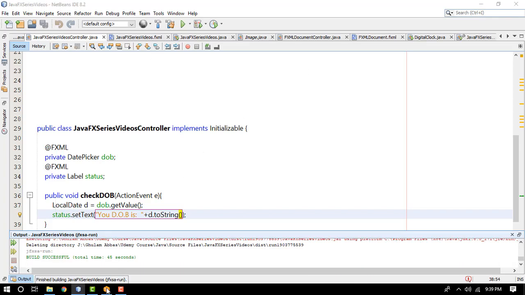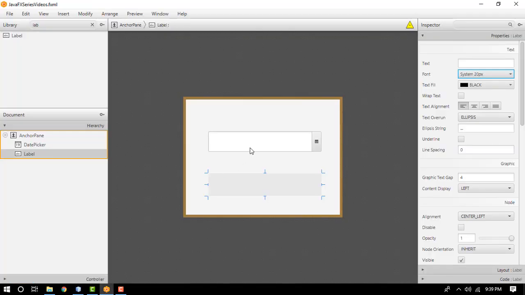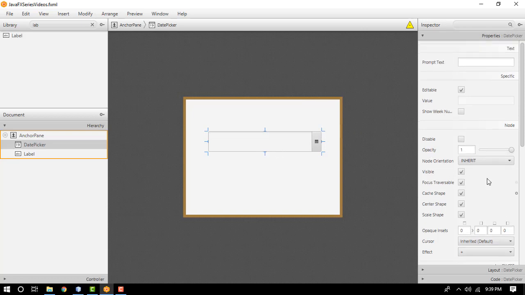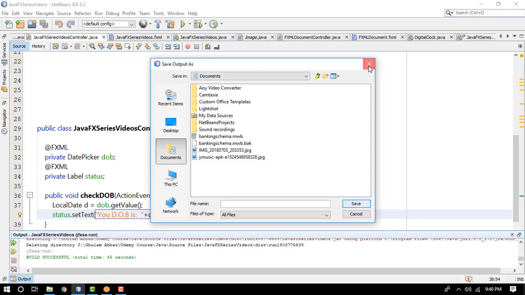If I go to my Scene Builder and I select the date picker, you can see here Editable, which means we can edit this or not. If I uncheck it, I cannot edit it. I can only select it from the calendar. And also Show Weeks. If I check this and save it and go back to NetBeans and run this code,